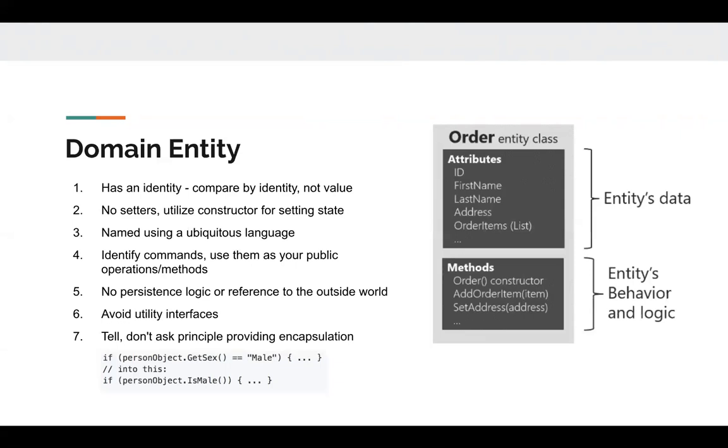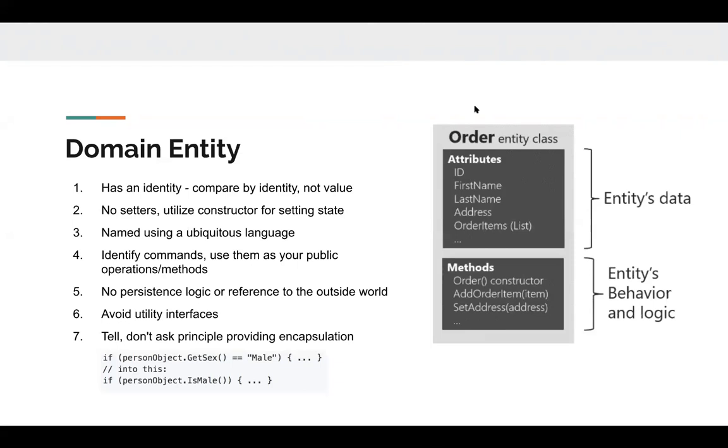When you're writing your logic within your domain objects, a lot of the best practices also are to think of it as "don't ask, instead of tell." And here's an example of code. Instead of saying, hey, give me the sex and then comparing it as a male,